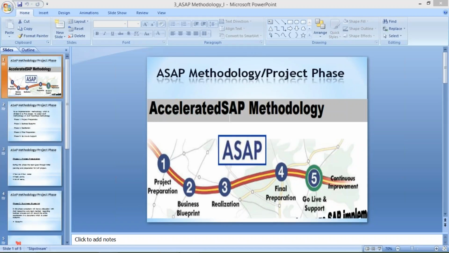That is called project phase, or it is also called ASAP methodology. ASAP methodology is called accelerated SAP methodology. Okay, and guys, you also know very well that